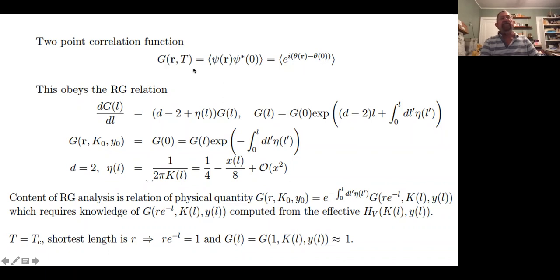If I call this thing G of naught at L equals naught, and I want to calculate the equivalent quantity at length scale L, this correlation function obeys the equation dG by dL is d minus 2, which in our case is 0, plus eta of L times G of L. And then I can integrate this thing. And I get G of L is G naught times